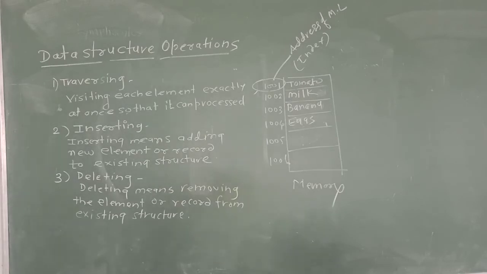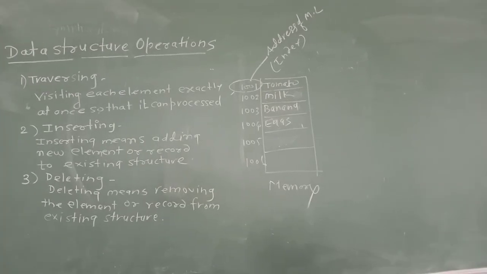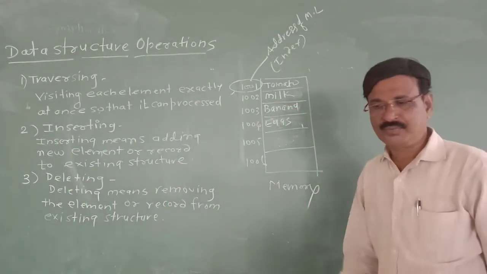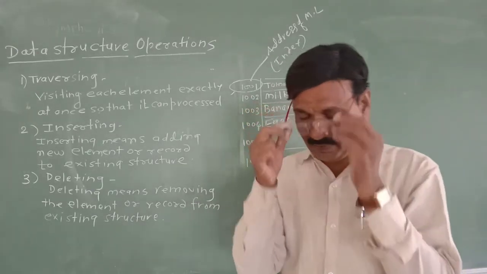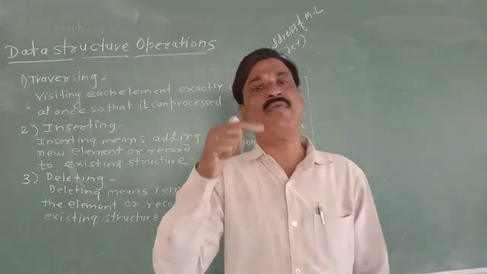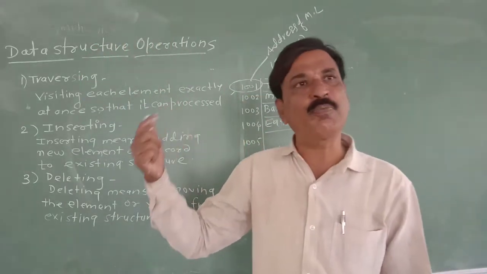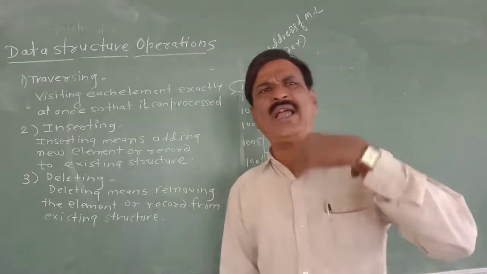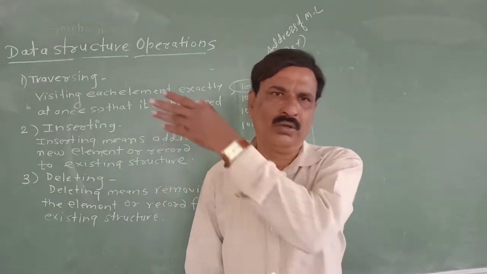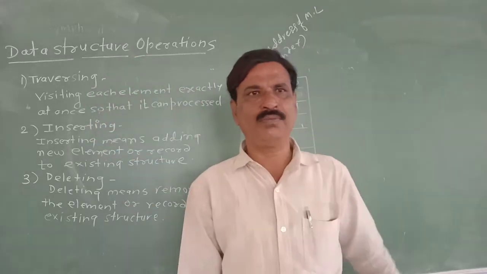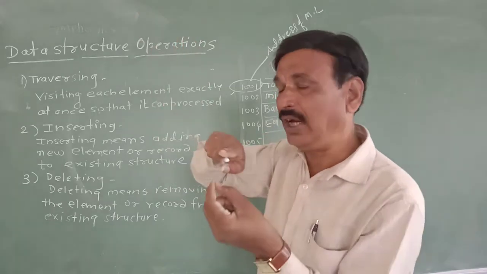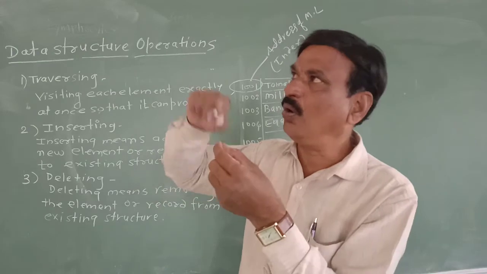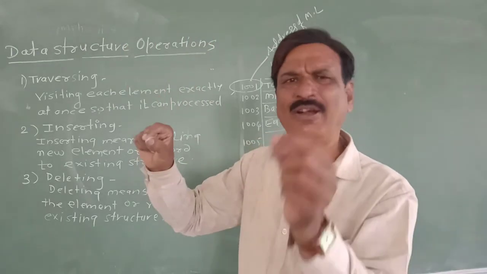Apart from this, suppose a list is there and we have been asked where the banana is. Take one example once again. Suppose a list of 100 students is displayed on a notice board, and suppose I instruct one student, find your name there, search for your name there. So what will that student do? First of all, he will visit the first name, that is the first element of that list.